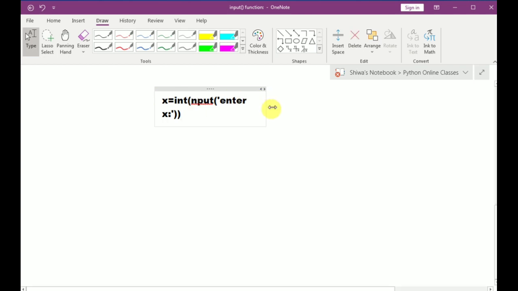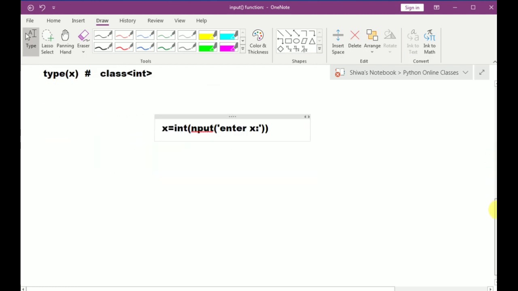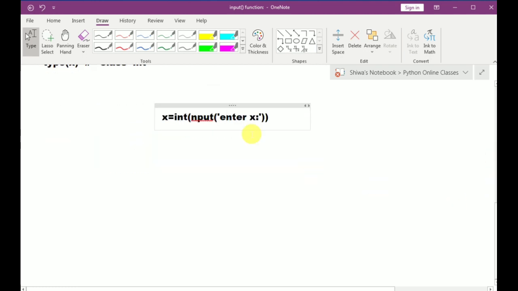I am explaining the internal mechanism here. Observe carefully. So when we write this statement, what will happen?